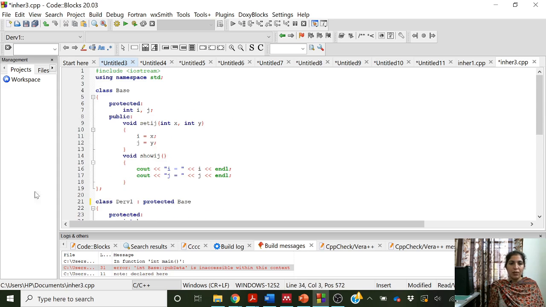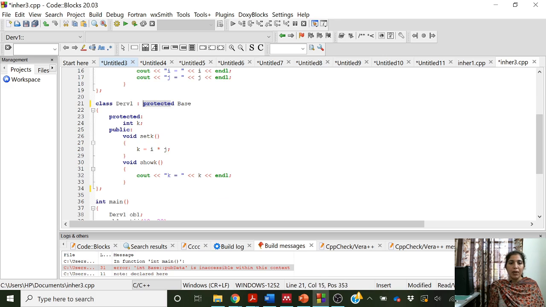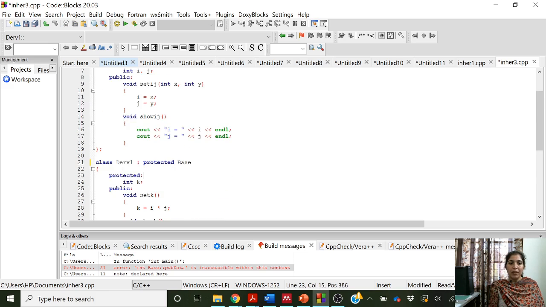Okay, so we have this base class, we have protected data members i and j, we have public member functions set ij and show ij. And we are inheriting this base class as protected. So what will happen?